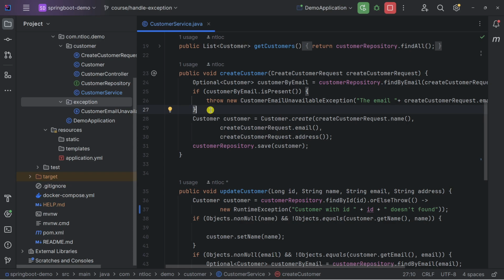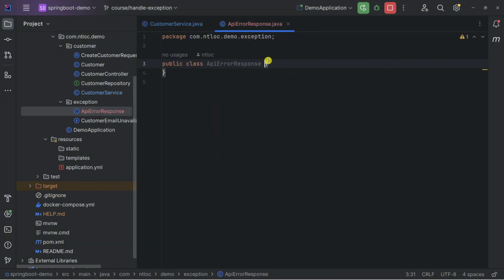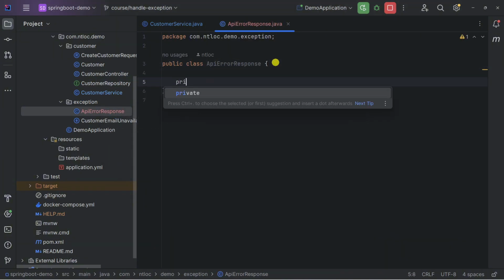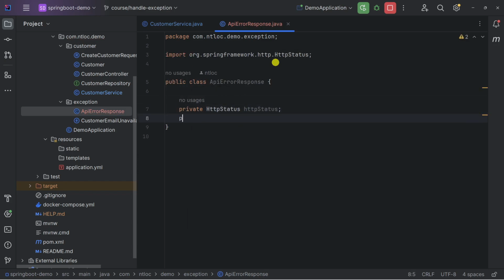Within IntelliJ, the first thing I would like to do is, in the exception package, create a class, ApiErrorResponse. This class will be our custom error response. I would like to have some attributes: a private HttpStatus, and also the message, the path, and also the API.